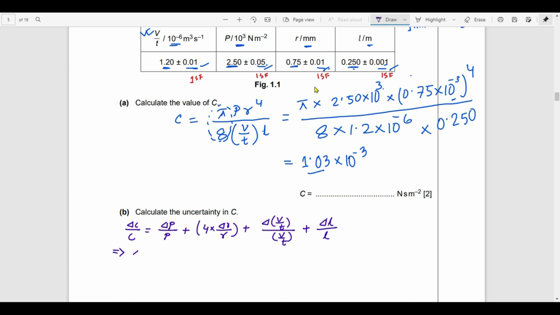For r to the power 4, the power 4 is going to be multiplied with the fractional uncertainty of the radius. So check this expression very carefully and thoroughly to understand what I wrote and try to relate to it. Now I am substituting all the absolute uncertainties you see in the table. Upon substituting all the values correctly, we are again going to calculate the del C value.